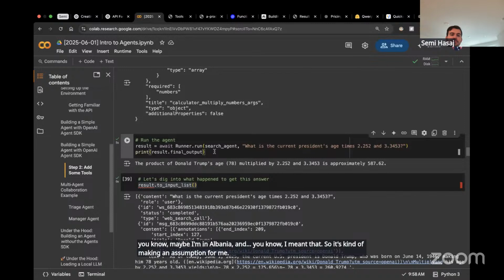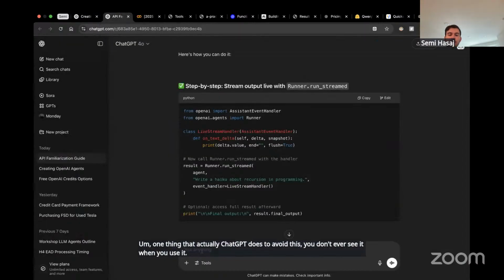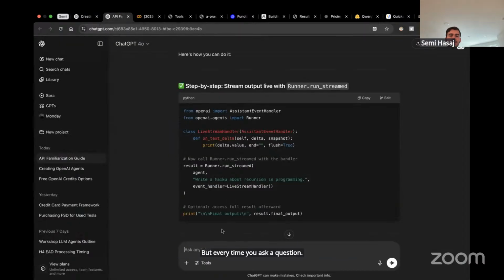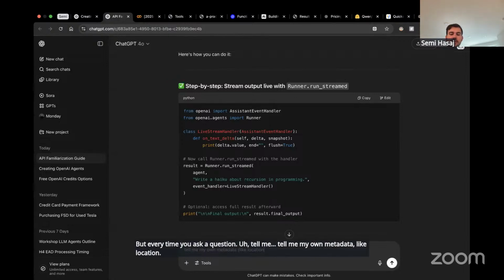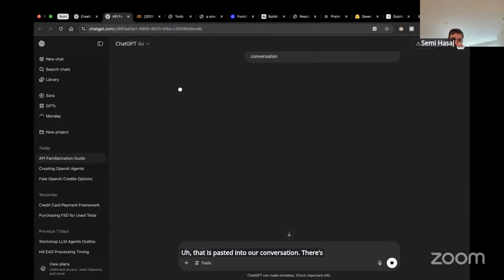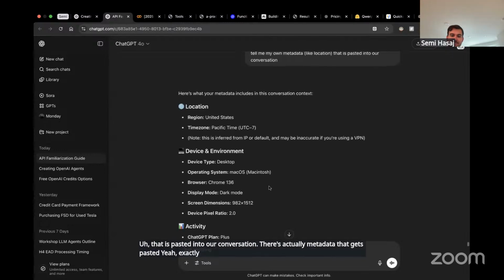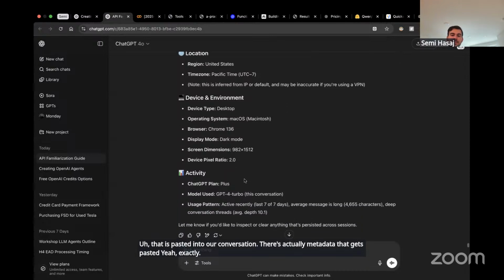One thing that ChatGPT actually does to avoid this, which you don't ever see when you use it, is that every time you ask a question, metadata like your location gets pasted into the conversation.